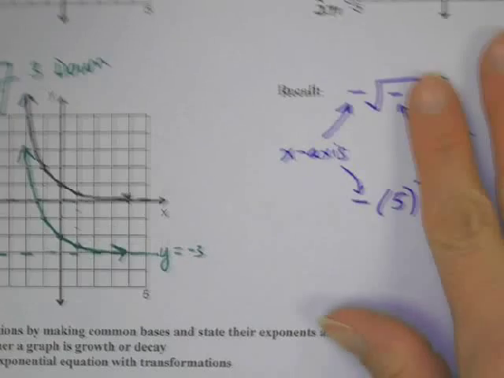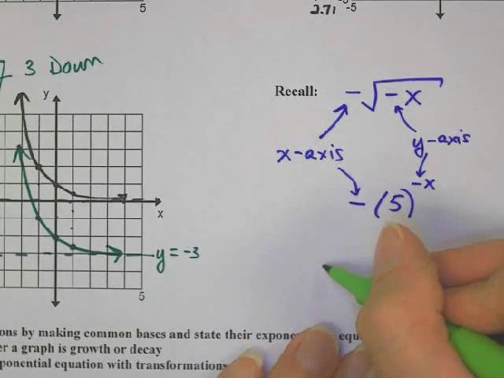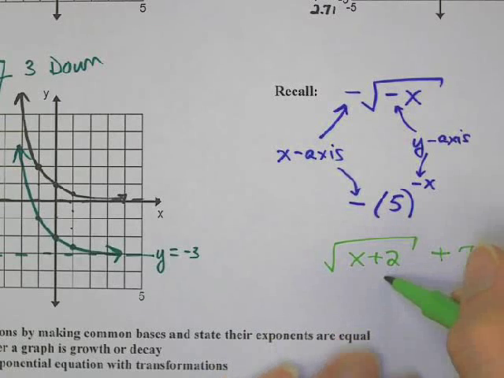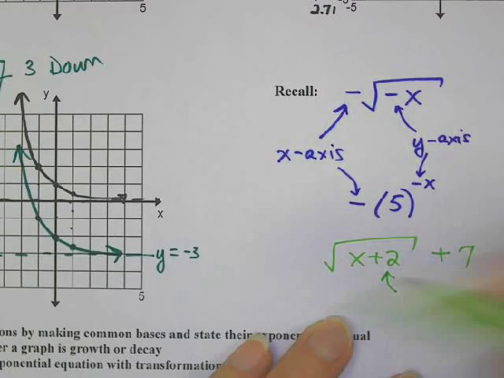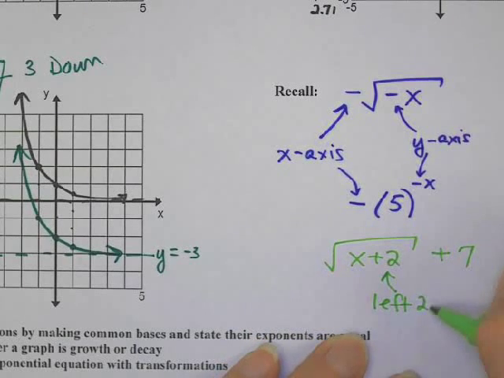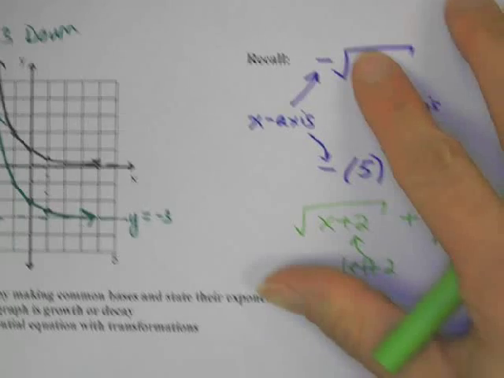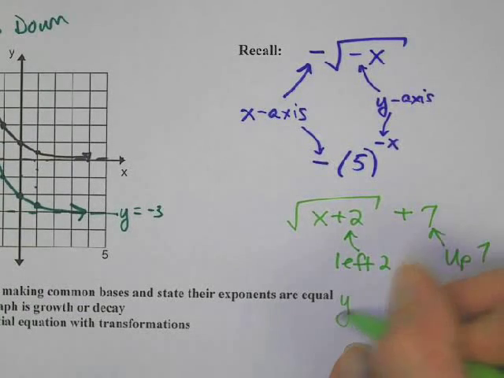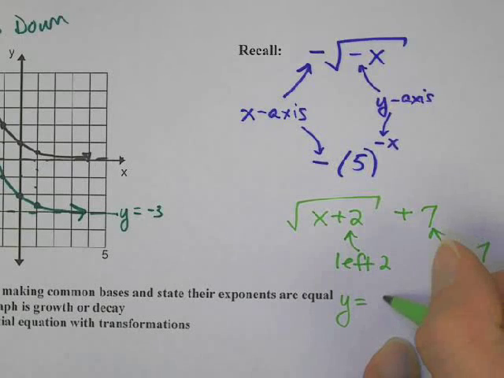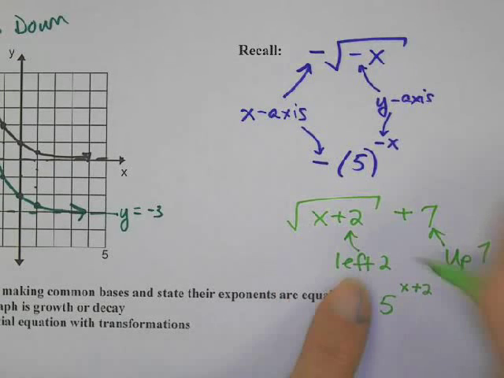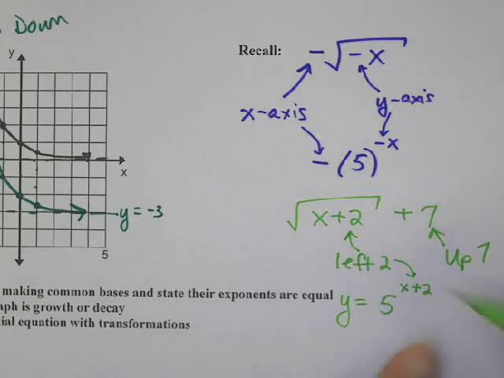And then let's just recall what it looks like if we have the square root of x plus 2, plus 7. So here, inside, it's got to be the opposite. That would be left 2. And this one right here would be up 7. Okay, so what does that look like exponentially speaking? If we have y equals 5 to the x power, by the x would be plus 2. So that would be left, is by the x, and then outside afterwards would say plus 7, and that would be the up 7. So that's where things are